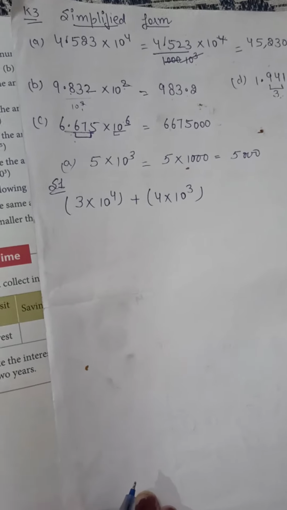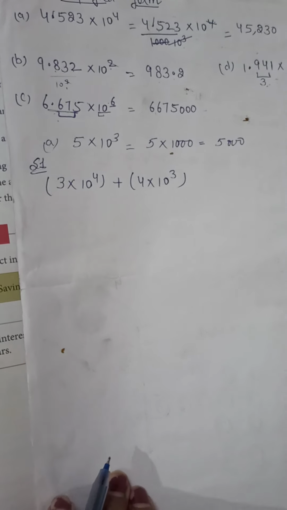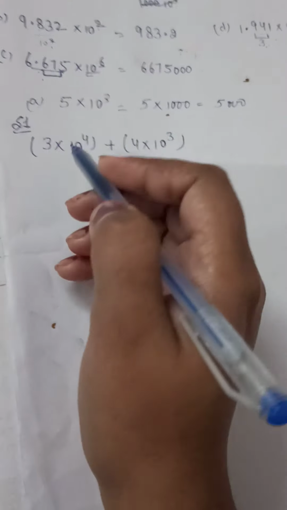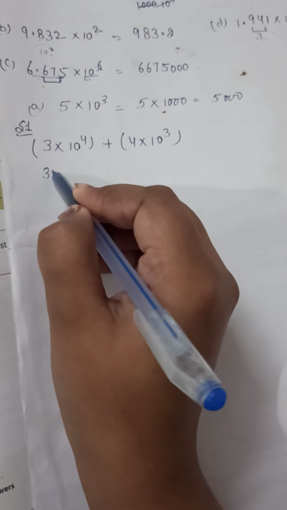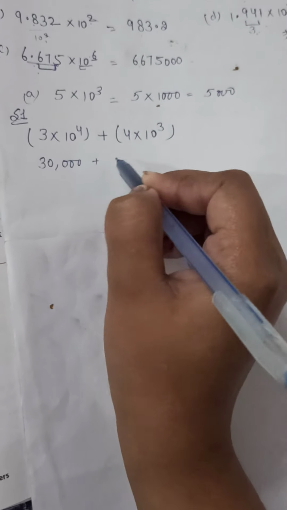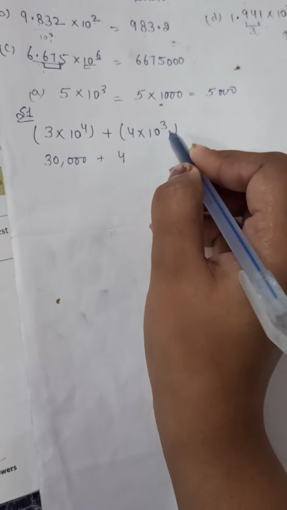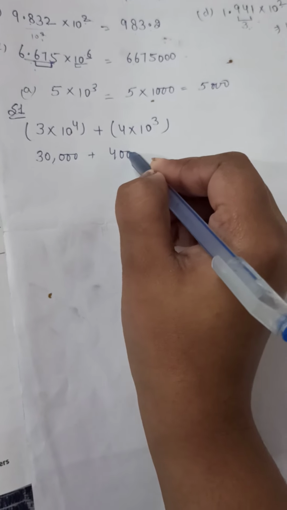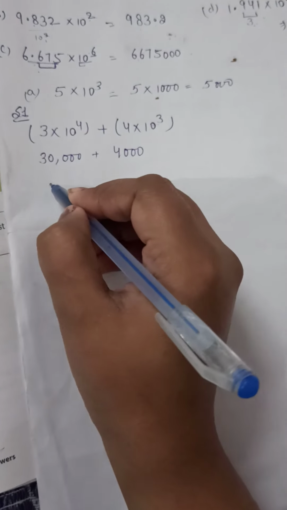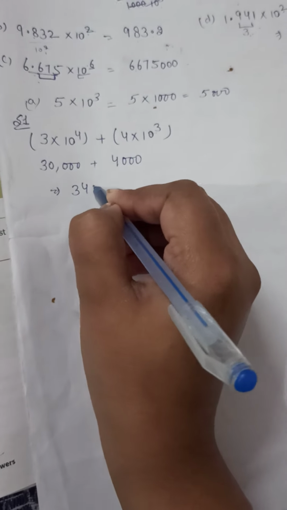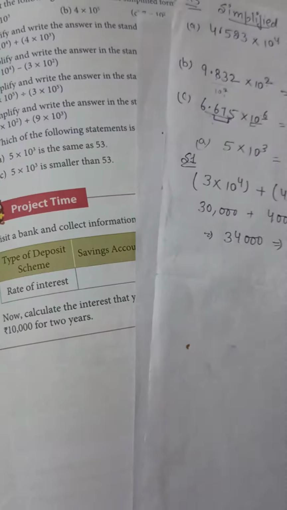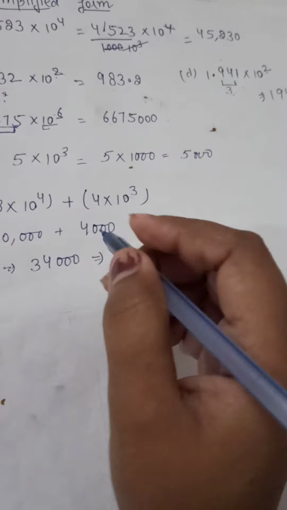So now see here, 3 multiply 10 to the power 4 means 30,000, 1 2 3 4 zeros, plus 4 multiply with 10 to the power 3 means 4000. जो पावर है उतनी नंबर ऑफ ज़ीरोज़ ऐड करो। सो यहाँ पे आंसर क्या आएगा आपका 34,000, राइट। आफ्टर दैट इन स्टैंडर्ड फॉर्म, सो स्टैंडर्ड फॉर्म में देखो हमें क्या करना है, डेसिमल के बाद